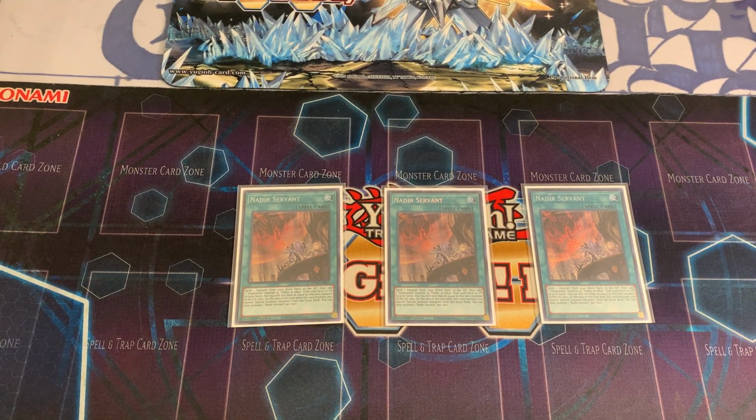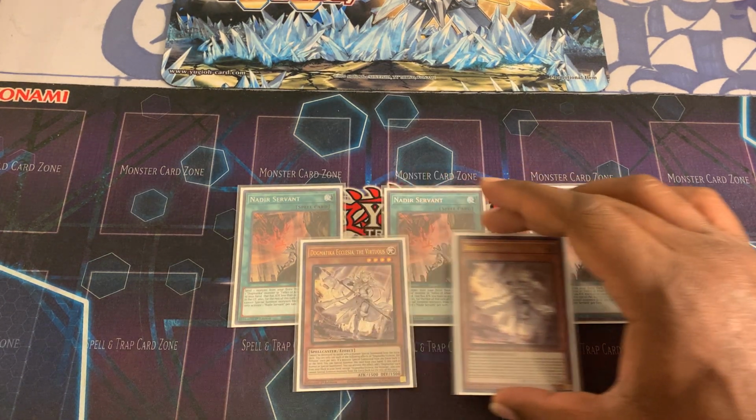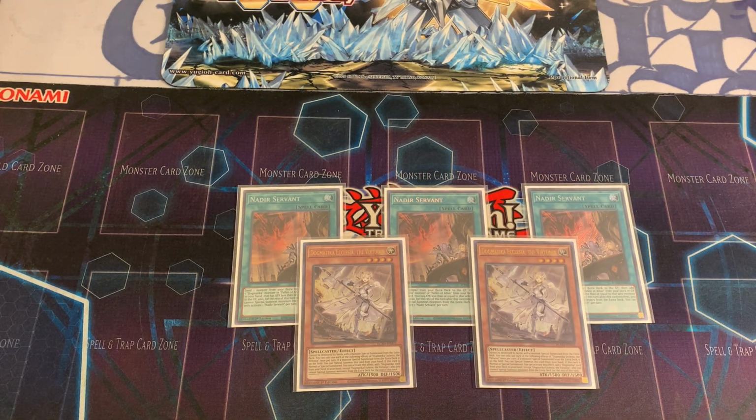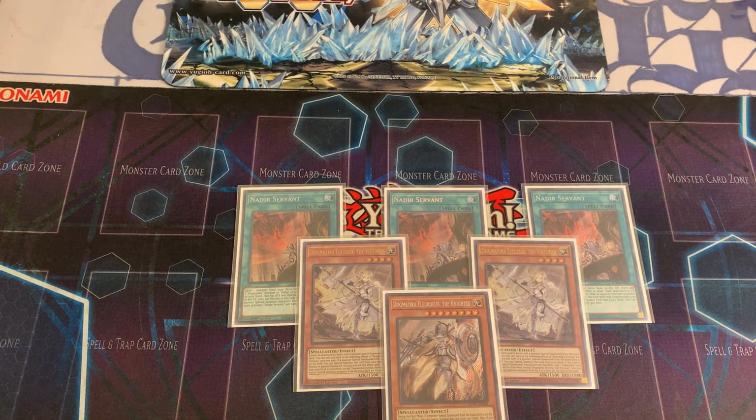All right, so for the alternate win condition of the deck, of course, the Dogmatica package. I play triple Nadir Servant, double Ecclesia, and 1 Fleur. So I also do play